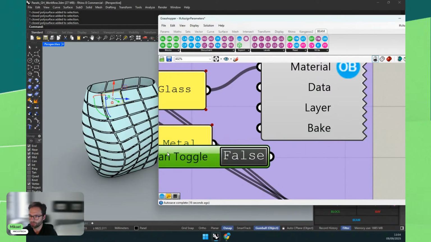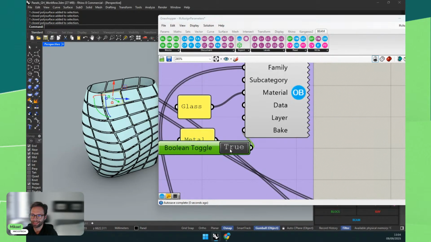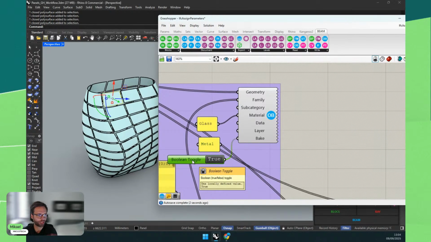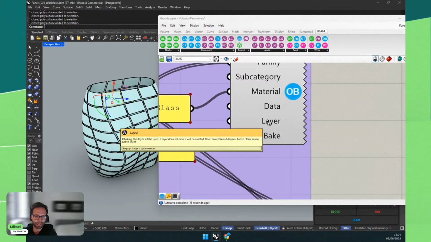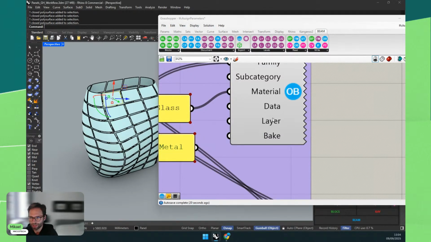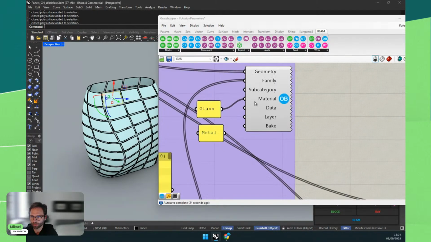So you can have a toggle here set to true, and this will automatically bake as we change the geometry, unless you use a button or set it to false just to block the automatic baking. Since this is reference geometry, we don't need that. We can ignore this. While baking, we can also assign it to a layer, and if the layer does not exist, it will create a layer. So these are two specific for Grasshopper geometry. We can do an example later, but now we're working with reference geometry.